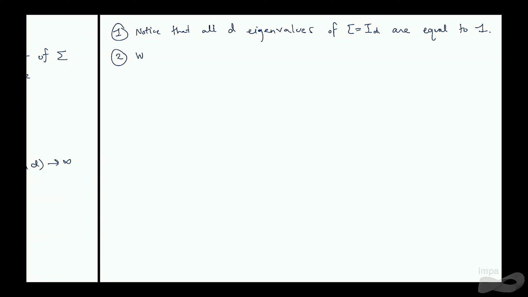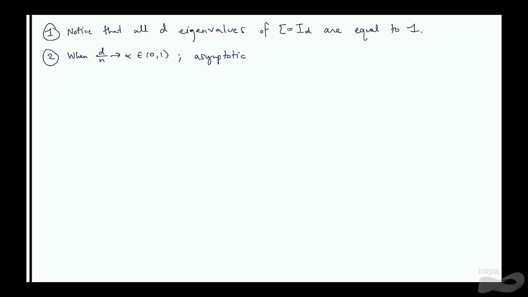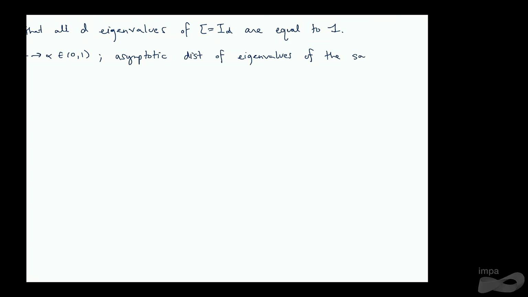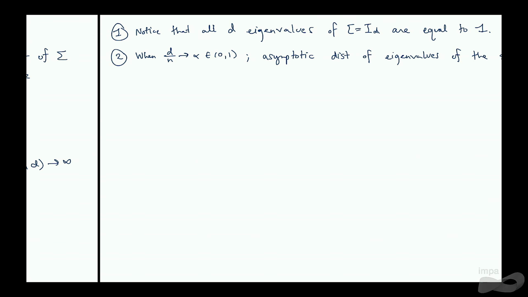On the other hand, when d over n goes to alpha in (0, 1), we can characterize the asymptotic distribution of the eigenvalues of the sample covariance, right? So the asymptotic distribution of the eigenvalues of the sample covariance matrix is given by